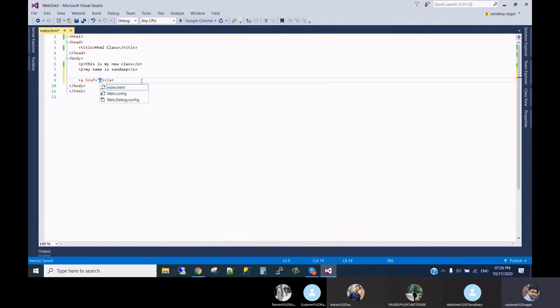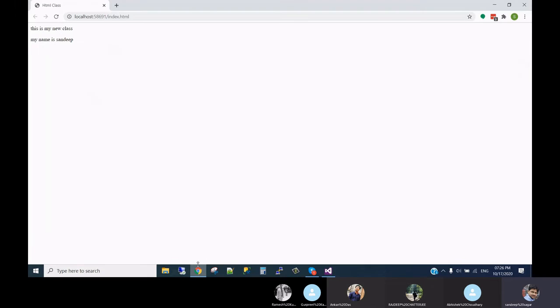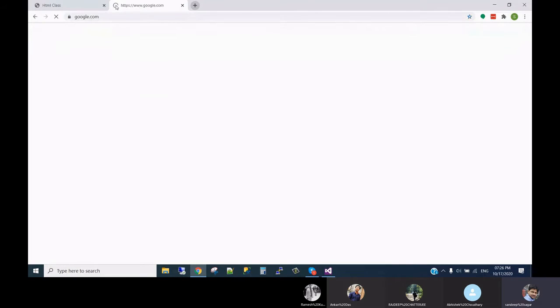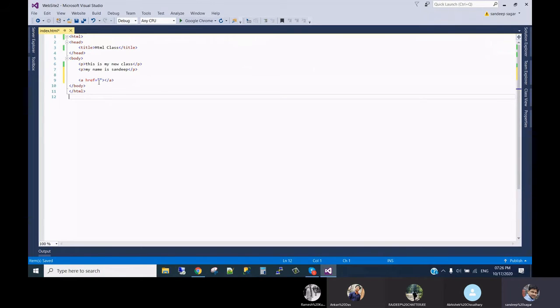If you see, it is automatically coming as index.html, but as we are already in index.html, we don't need to give it. We can give a different page name or a Google link, Facebook link, anything. For example, if I open Google and I want to give this reference here, we can copy and paste it into the href.